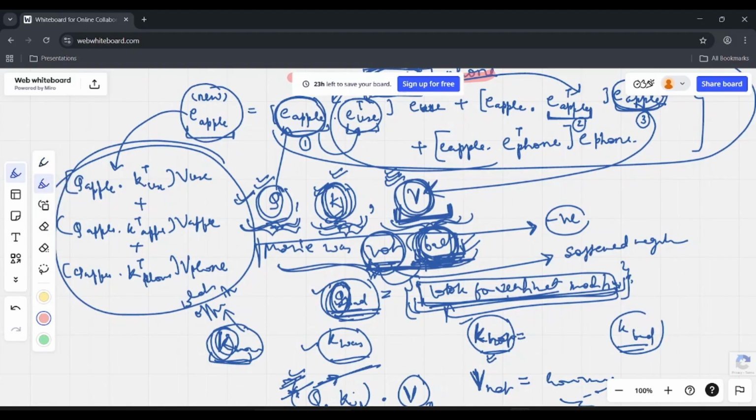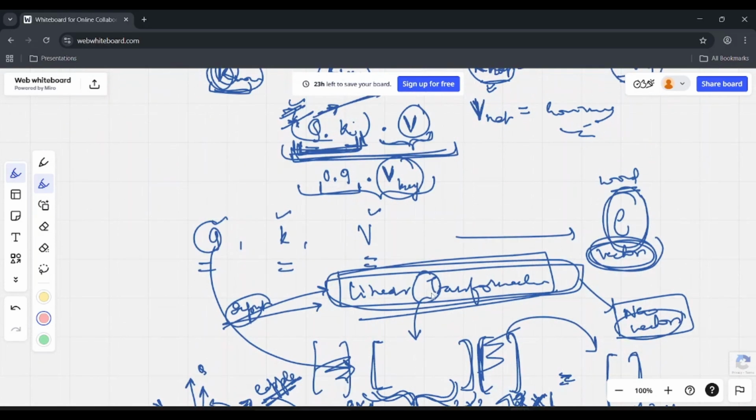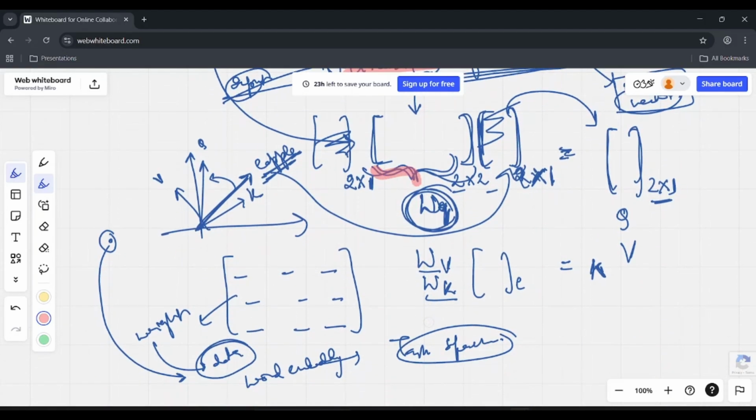Let me highlight this part. We are doing it through this equation where we have decomposed our original vector into three vectors which we call query, key, value vectors. And how are they obtained? They are obtained through linear transformation. And how are we doing that linear transformation? We are taking a matrix and multiplying the vector with it in order to get the transformed vector. And how are we getting this matrix? This matrix consists of elements, and these elements are nothing but weights, and we learn them through the data that we have.